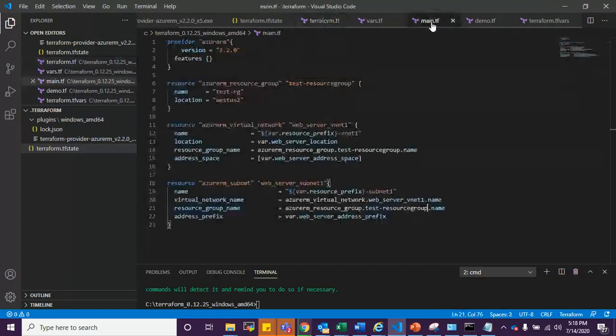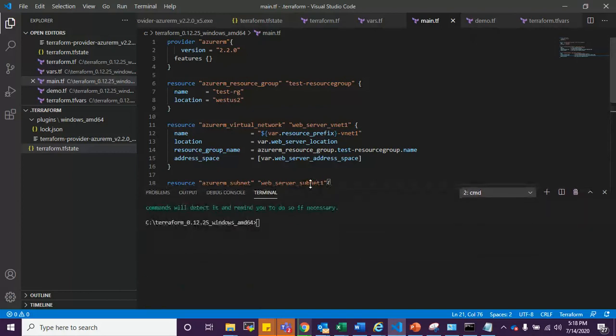Now, till now whatever we have done, I've already initialized using Terraform init. Let's do a Terraform plan on this code.